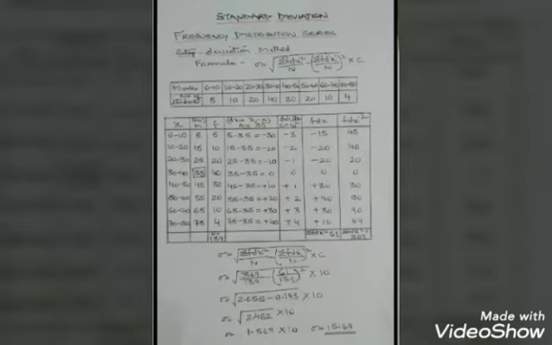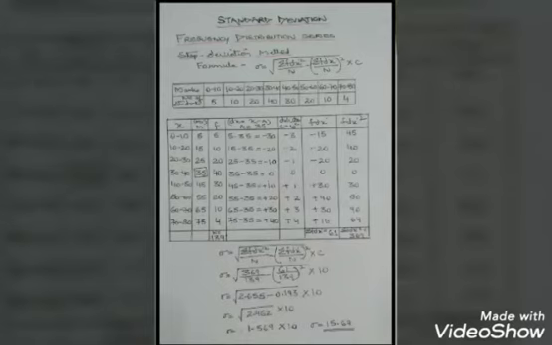Similarly, square the value of 2, that comes to 4. So 10 into 4 is 40. Square up 1, that comes to 1. 20 into 1 is 20. 0 will be 0. Then again 1 into 30 will be 30. Square the 2, that comes to 4. 20 into 4 is 80. Then square 3, 9. Then 10 into 9 is 90. Square 4 is 16. Multiply 4 with 16, you get 64.